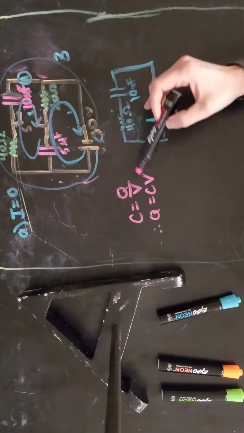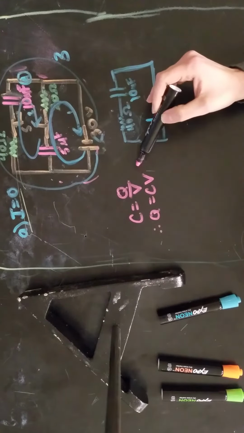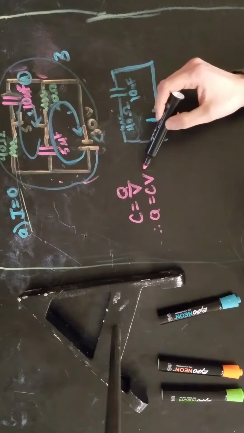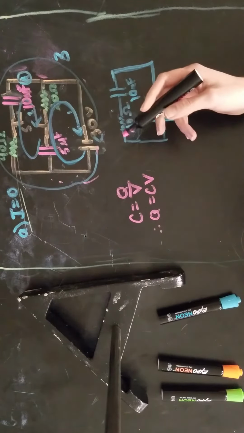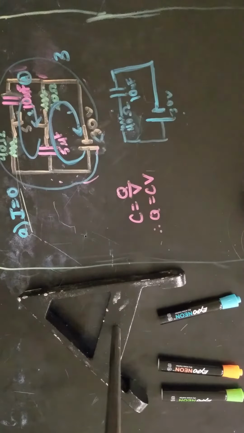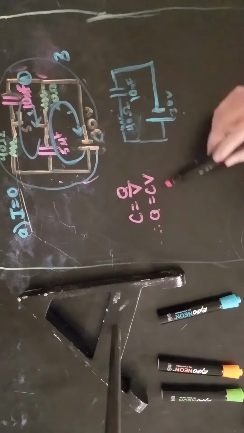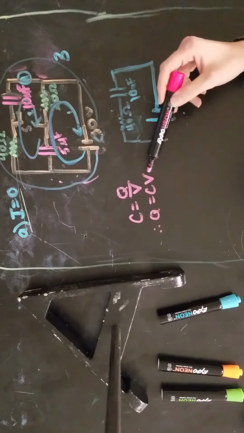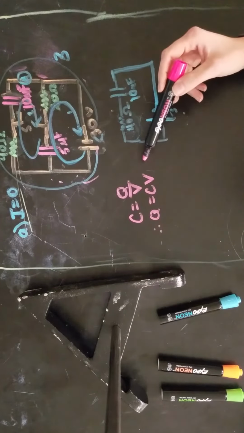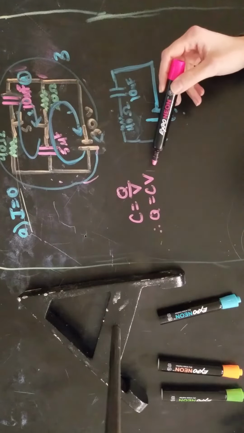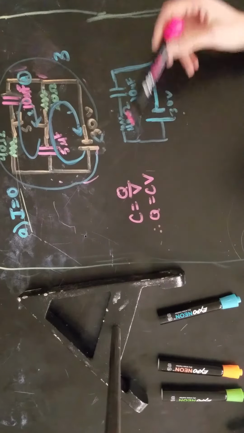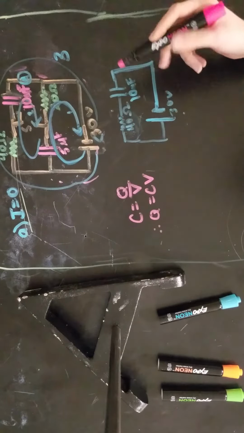Quick note on this. The capacitor equation that involves the distance between the plates and the area, that's what you'd use to figure out physical things of the capacitor. If you have capacitors you need to add up, you'd use 1 over C equals 1 over C plus 1 over C, etc. for series, and just add them up for parallel. Whenever you're dealing with just how it behaves in a circuit, this is usually the one you're going to use. It's like your voltage equals current times resistance for other types of components. But anyway,